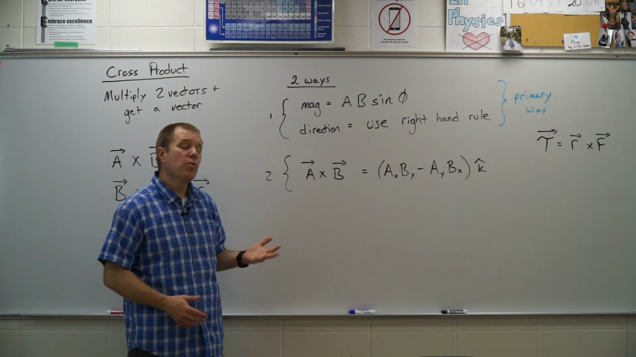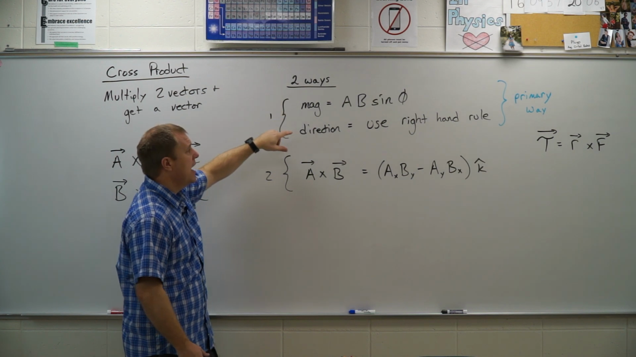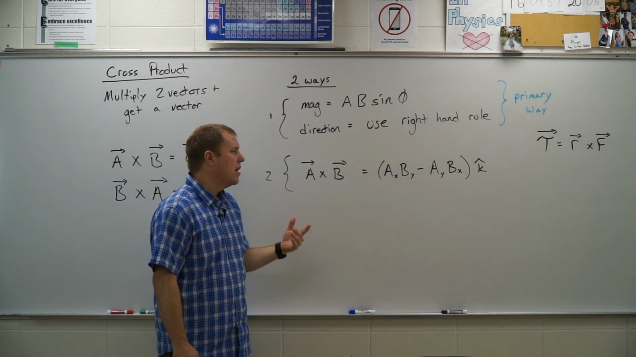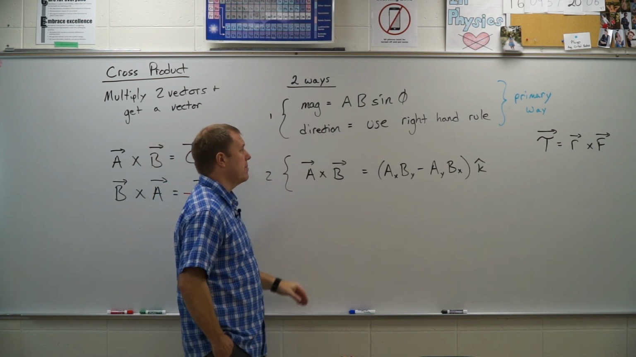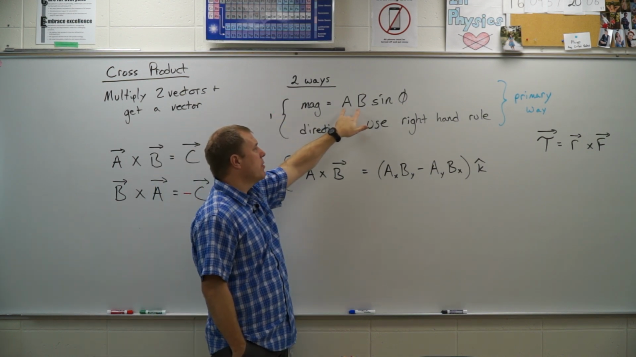All right, so there's two ways that we can do this. One of them is the way we're going to use primarily, and this is if we know magnitudes and directions for our two vectors. If we have it more in component form, that's where that second one will come in handy. So the first one, our primary way, in order to find the magnitude, I'm going to go ahead and